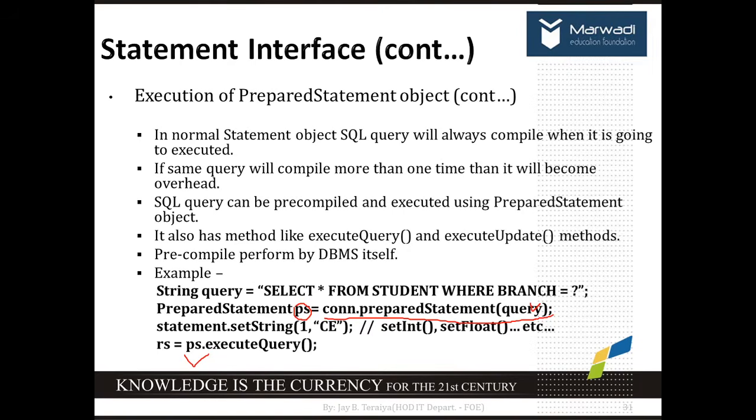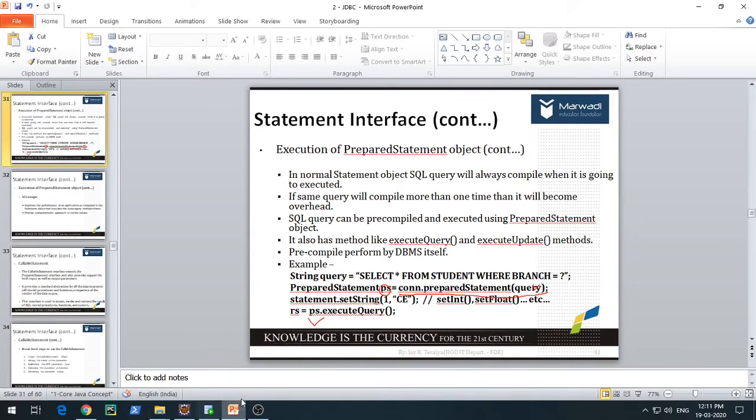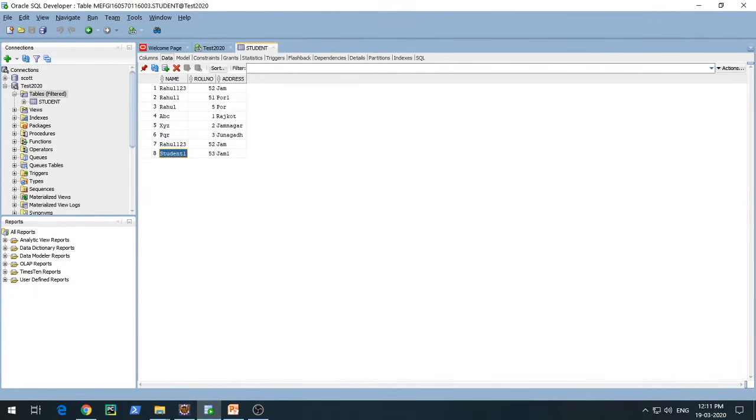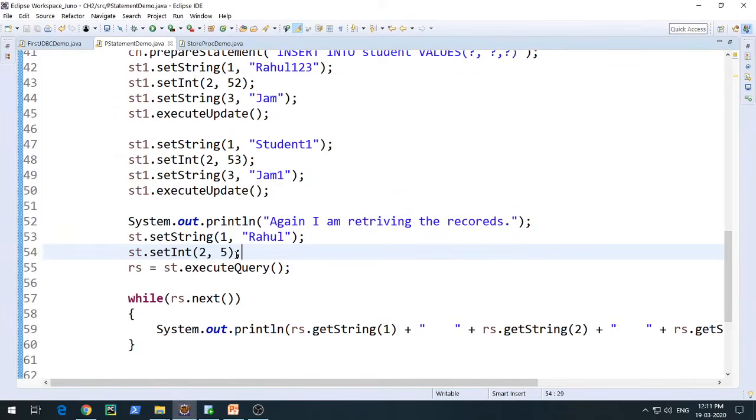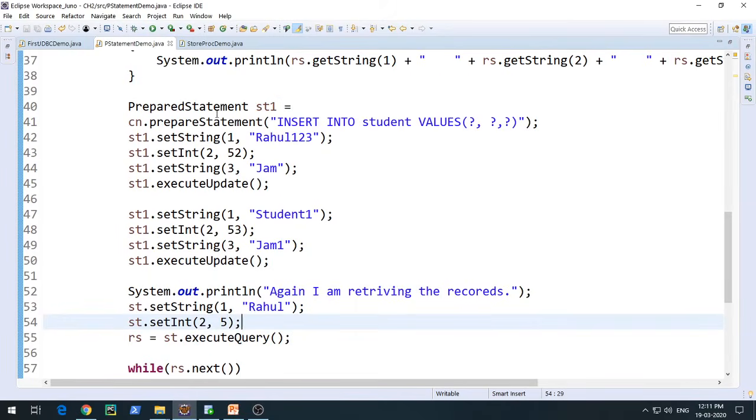Write a JDBC application which will insert 5 records in a given table. Now see, inserting 5 records in a given table means technically they are expecting that you should use a prepared statement, because a similar query you are going to execute 5 times. So what they are expecting is that as a programmer you need to identify and use the concept of prepared statement